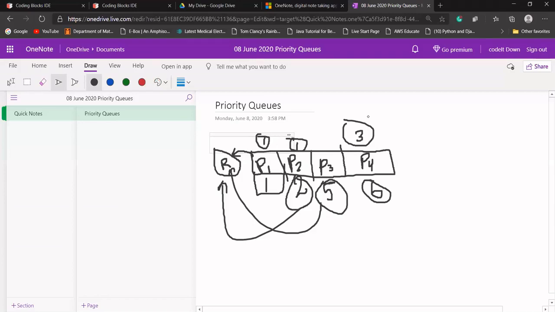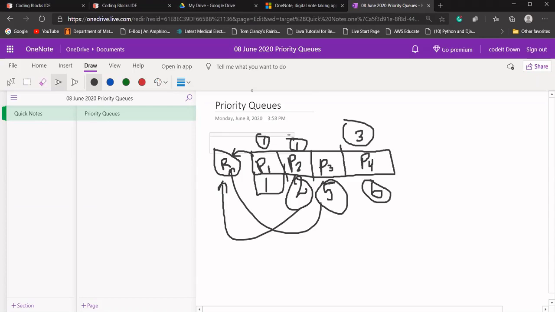So what we want to implement now is a data structure in which we can insert some data, and if we want to dequeue, meaning perform a delete operation, the value having the highest priority should be deleted first, and the value having the lowest priority should be deleted last. I hope the concept of priority queue is clear to everyone, or does anybody have any doubt?